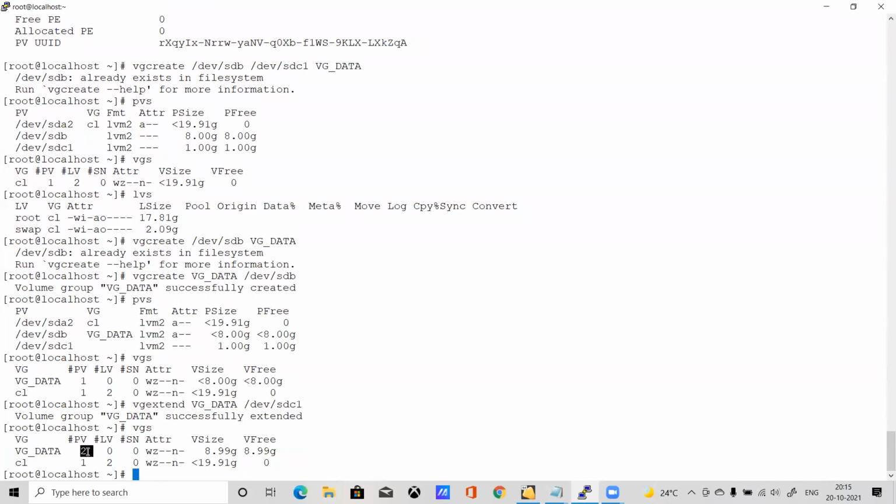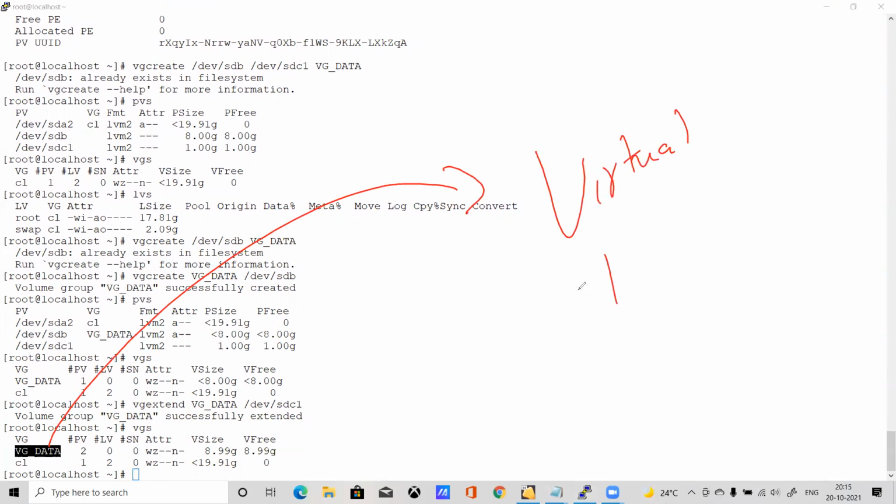Now you can see how many physical volumes belong to this volume group. You can consider this as a virtual disk. Let's understand it as a layman, it is your virtual disk. The size of the virtual disk is, now you can see, earlier it was 8 GB, now 8.9 GB. So that is the power of LVM.